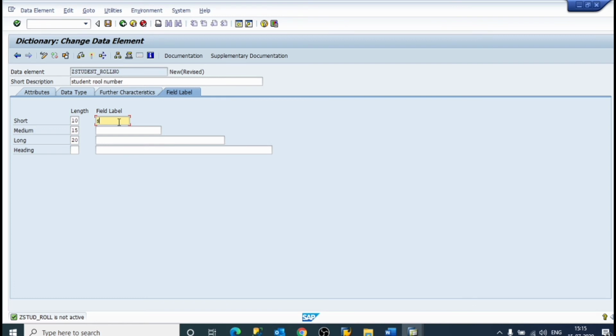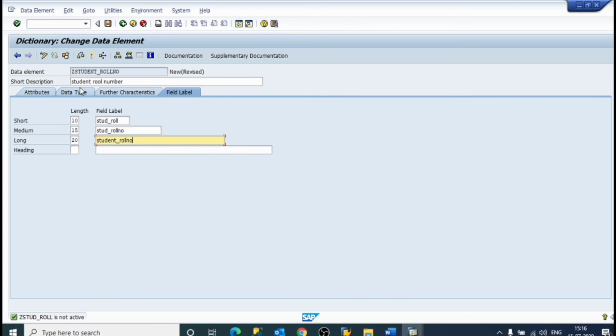So student roll number, student roll number, student roll number. Now we have created field label.